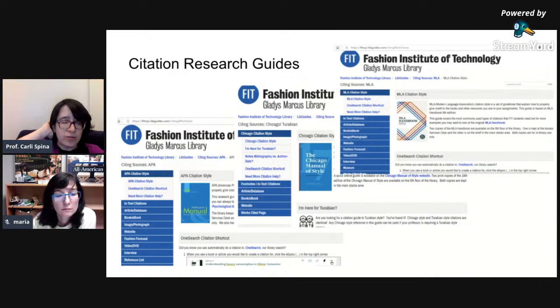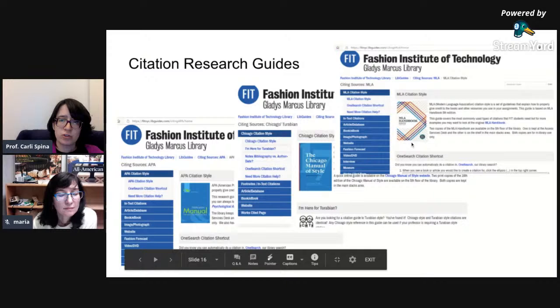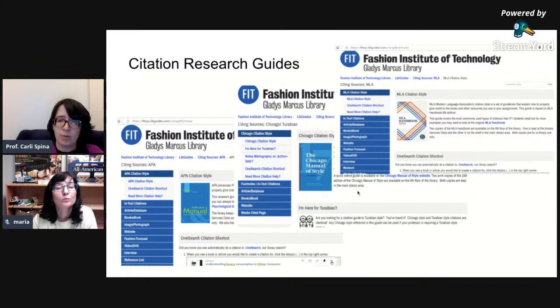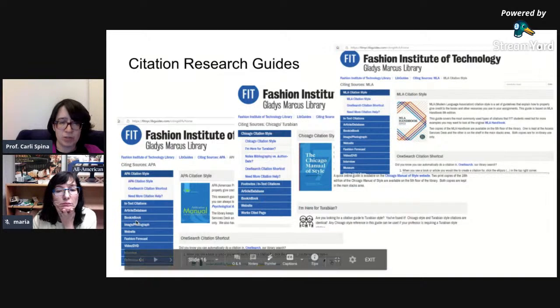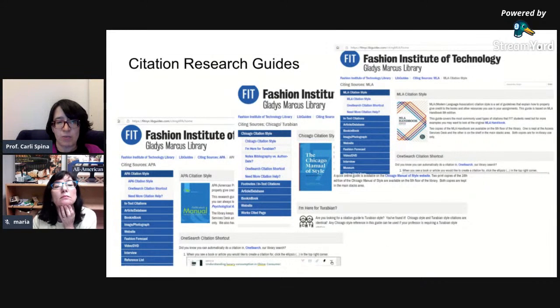As you can see here, for each of these research guides, and these are the 3 research guides right here, we will tell you a little bit about the style. We will show you how to find them in one search, as we're going to see in a moment. And then on the left-hand side, we have a menu that takes you to all the different ways that you would cite specific resources. And in each of those cases, we're going to have specific examples that would be of interest to students at FIT. So these are all going to be things that are really very realistic to you as an FIT student.